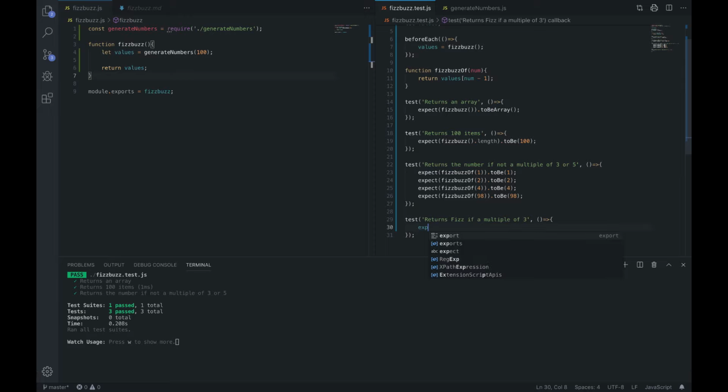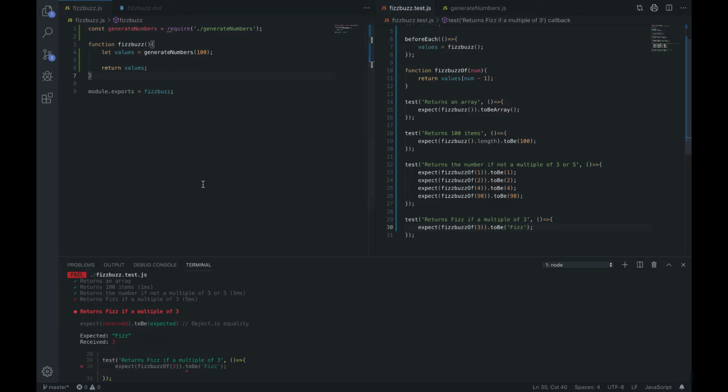So expect Fizzbuzz of 3 to be Fizz. Okay, so our test is right. So now we have these numbers, and